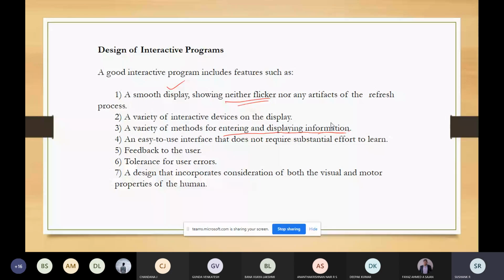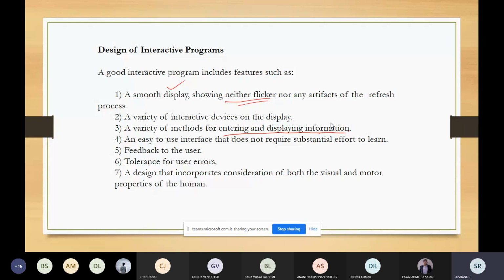Also it should give feedback to the user, and if the user makes any error, it has to tolerate that, or suggest what the actual input might be.